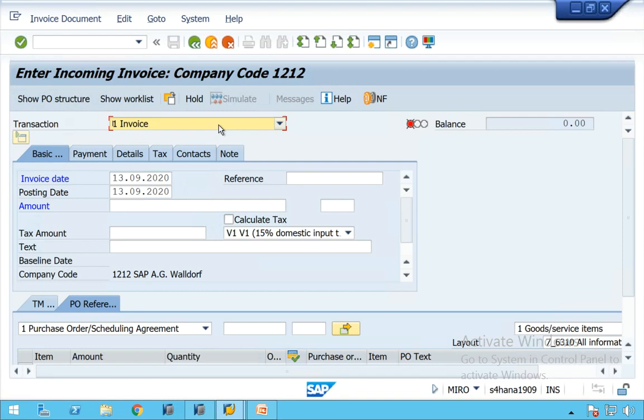That means he has to send 120 euros. So he will send a subsequent debit for the 2 euro per piece difference, that will be 20 euros.